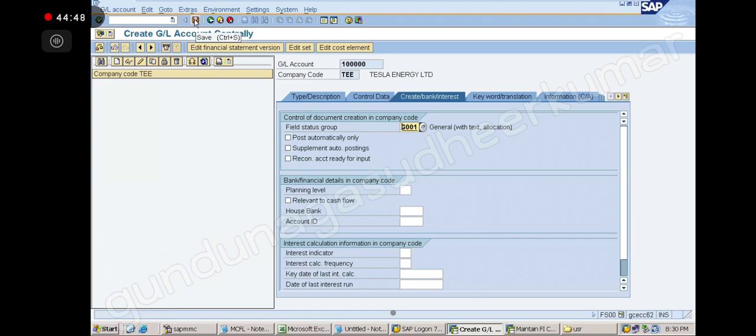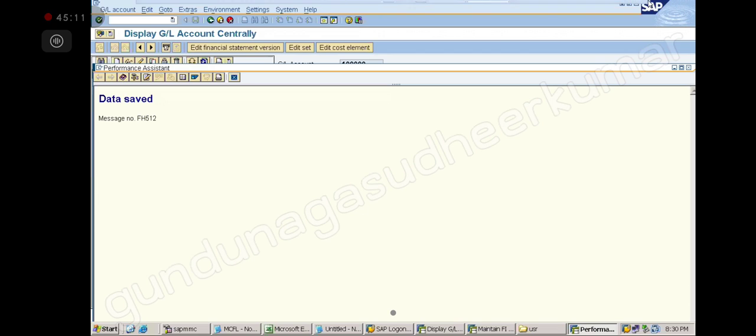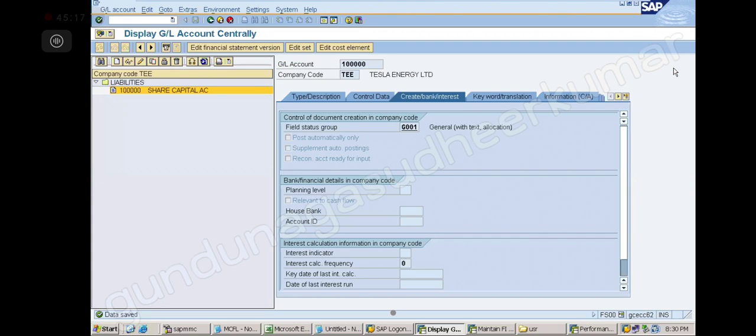Okay, click on the save option here. Now what will happen if there is any problem in any of my 21 steps? It will throw the error, correct? Yes, sir. If there is any problem in any of my 21 steps, it will throw the error, right? You will see. Save. So no error, right? Yes, sir. Means my 21 steps have been created properly. Is it clear? Yes, sir.